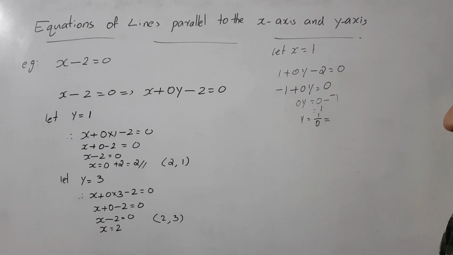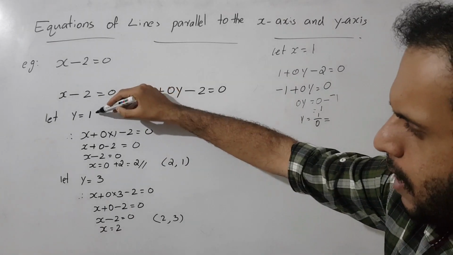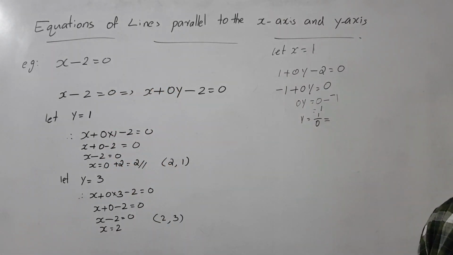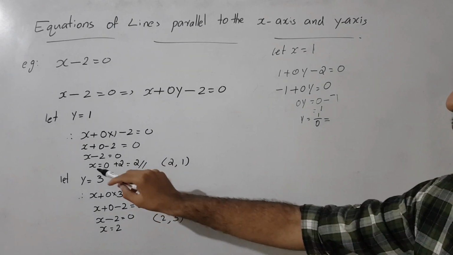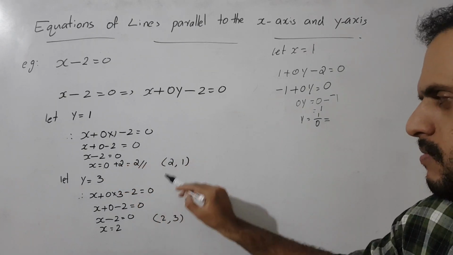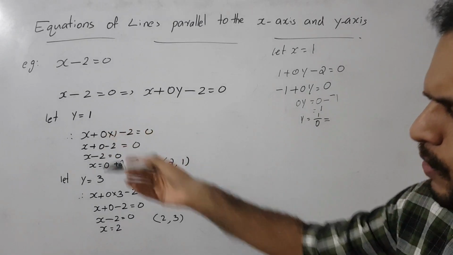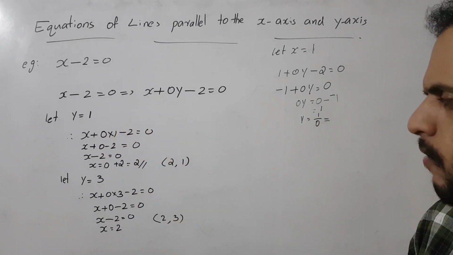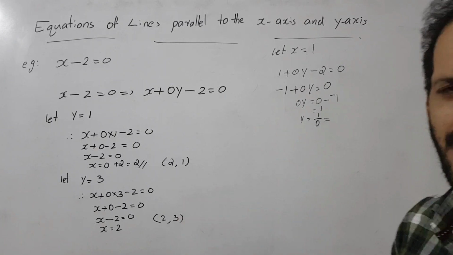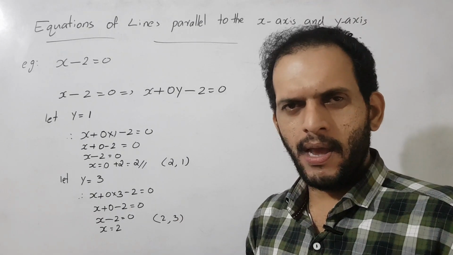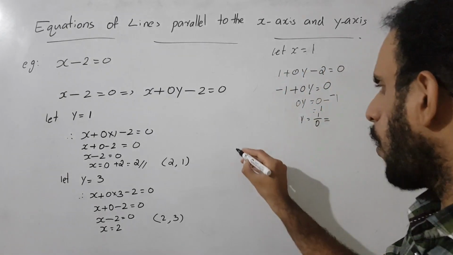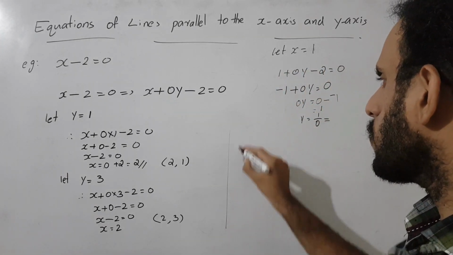We got the idea. If we choose any value for y, what happens? It does not affect the value of x. The value of x is the same in all the cases. If we change the value of y again, what do we get for the value of x? The value of x remains the same, we always get 2. Okay, so we do not do this type of equation like this.